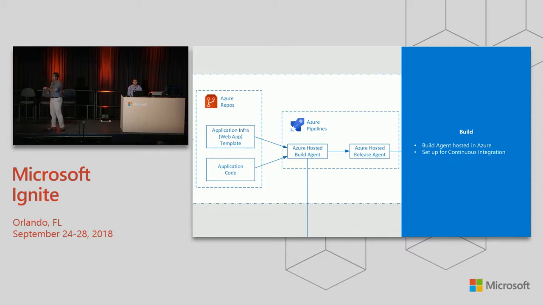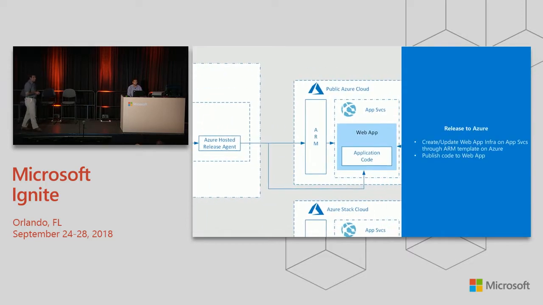To deploy code to Azure, because it's accessible from anywhere, I can simply use the built-in hosted build and release agents to deploy it to Azure, right? So my hosted release agent is now able to take the infrastructure template, and take the application. It's deploying the infrastructure through ARM. It's talking to app services in the backend. It's spun up a website, and it can then put that application that I just built directly into the app services web app that just got created.